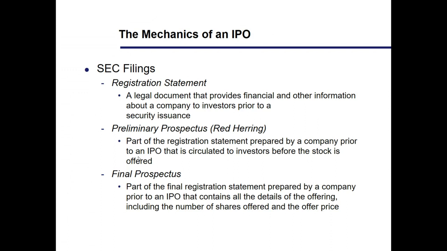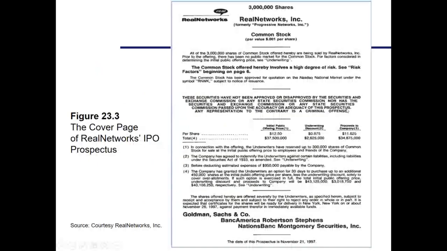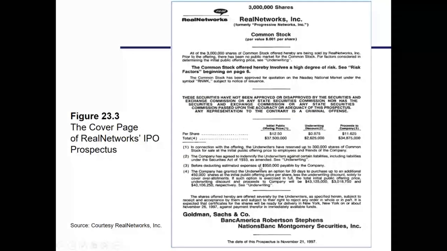And then after, the potential investor may give some kind of intention on how many stocks they want to buy, and they give it to the investment banker. Then the investment banker completes all that information and makes a final prospectus of the company IPO, with the number of shares offered and the offer price in this final prospectus. This is an example of how the common shares are issued. That is the first cover page on the IPO.